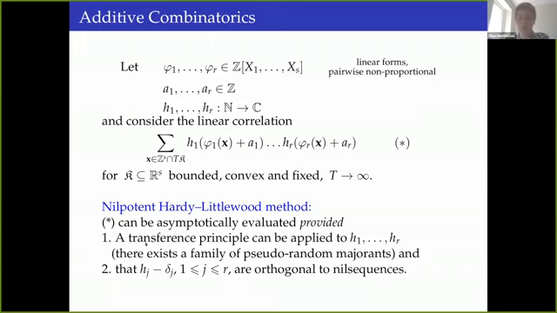We need to know that we can use the transference principle. So we need to be able to decompose these functions into a bounded part, a part that is Gowers uniform, and some error term. And we need to be able to show that each of these functions, when you subtract off its mean value, is orthogonal to nilsequences. These are two substantial tasks that need to be carried out. Potentially, you need to make some modifications to the setup. So there are two tasks that need to be carried out in order to deduce asymptotics for such expressions star.